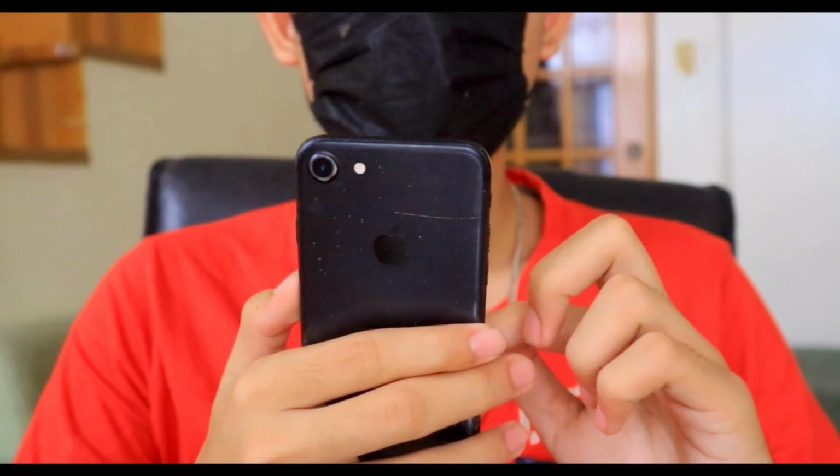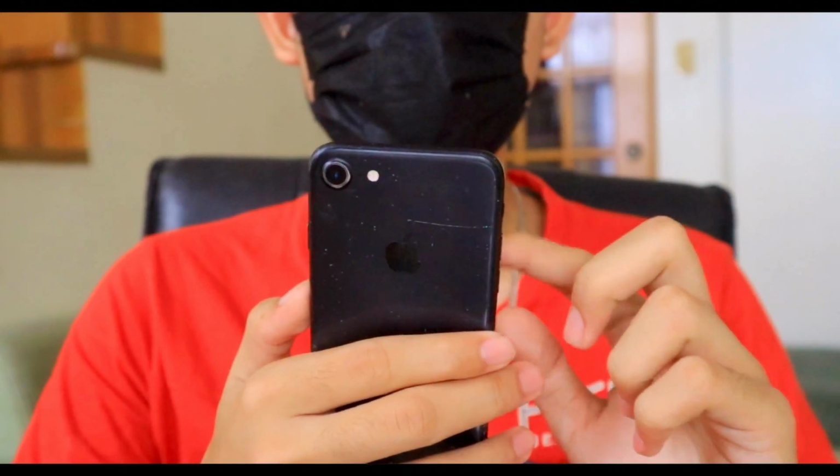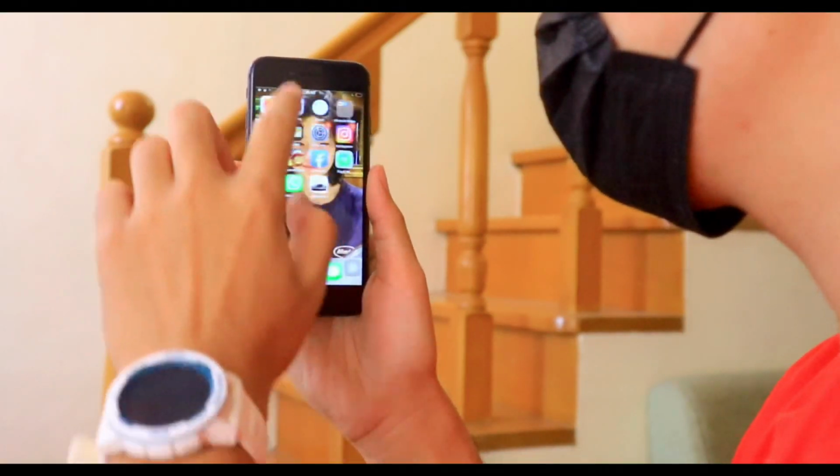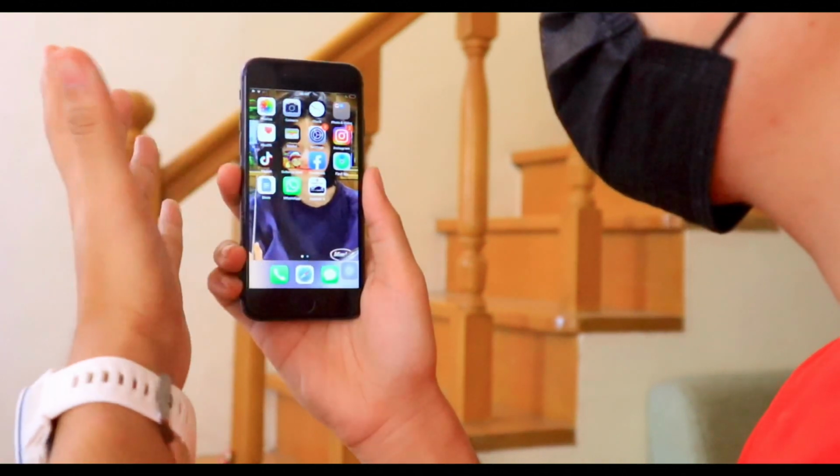So display-wise for me, it's still fine. Though wala nga lang siya mga flashy 120Hz nor 1080p display, OLED display, but in my case, masasabi ko naman na crispy pa rin naman or punchy yung display. Kaso guys, major drawback nga lang is that it's kinda too small kasi meron lamang itong 4.7 inches, and it's